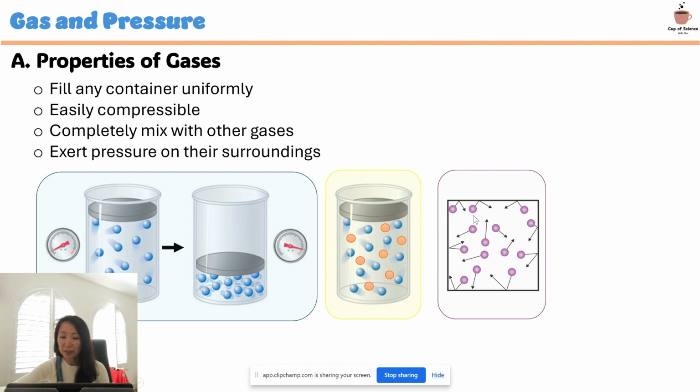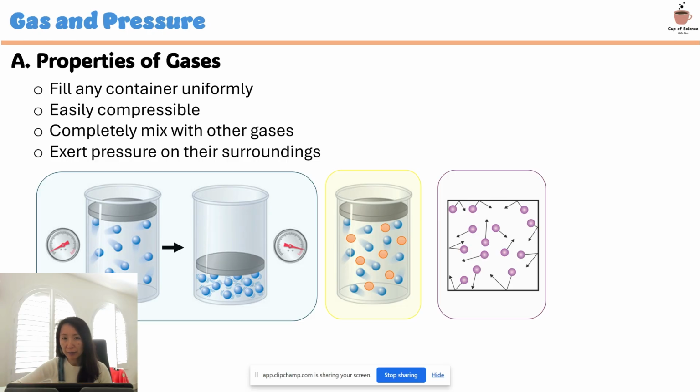As shown here in the arrows, it's hitting the sides of the wall of the container. Yes, they can hit themselves as well, but the hitting of the wall of the container allows us to know how much pressure is being exerted onto that particular container,